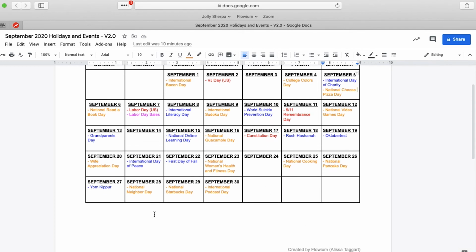And then you get to the very end of September where you have another Jewish holiday like Yom Kippur. You have National Starbucks Day, or if people aren't into Starbucks, you can rephrase it as National Coffee Day. They both coincide on the same day. So I'll even get that added in there, so that if you're a competitor to Starbucks or most of your demographic don't really fit in with Starbucks, then you could call it National Coffee Day. I don't know anyone who doesn't like coffee. I'm actually a recent convert myself.